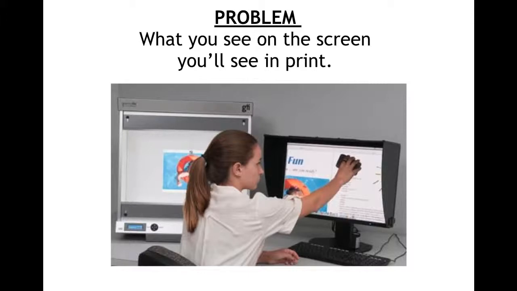And if I calibrate my monitor and I calibrate my press using something like the G7 method and an ICC profile, believe it or not, I can get it so that my monitor very, very closely simulates what I'm going to print. And if you're in the digital sign business, the wide format sign business, can you imagine having a customer walk in your shop and you have a color calibrated monitor right there on the front counter? They give you the file that they want you to print. You load it up and you bring it up on the screen and you say, this is how it's going